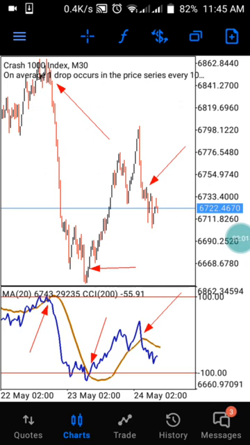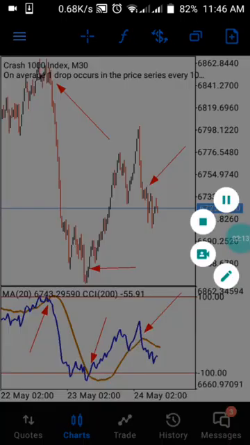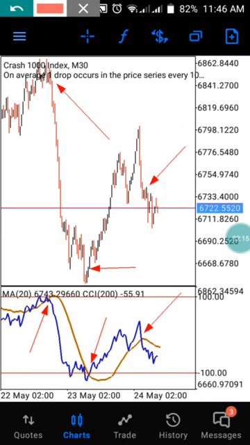Let me tell you guys, because many people ask me what zoom level I use. I'm using the last zoom level on the 30-minute time frame. So this is how this strategy works. If you want to use this strategy to catch a spike, and at the same time enter a buy entry for a long period on Crash 1000,